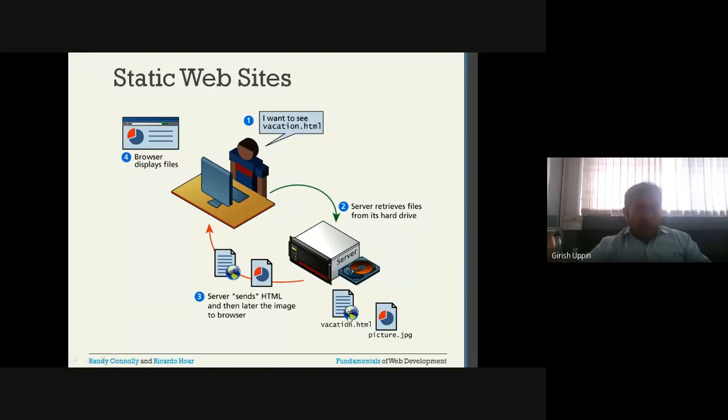Along with that, there is an image, and the server sends the HTML and later the image to the browser. So the server will respond with the HTML page and whatever resources are required, in this case the image, and the browser receives the HTML and the image, and displays the HTML document. That is how the user will be able to see the vacation.html web application.